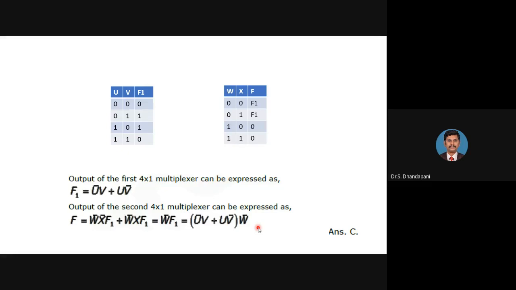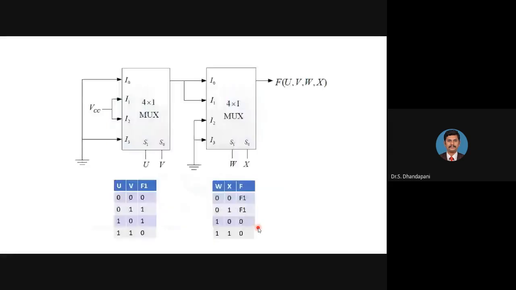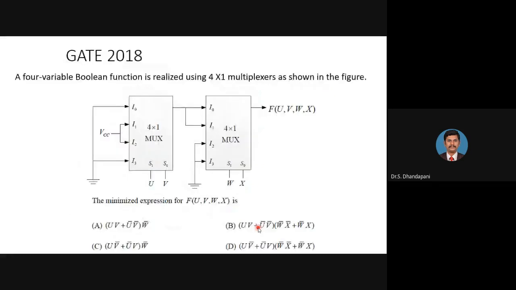So I am showing the original question once again. So this is the question available. We have found the answer of F, and we have seen that the answer F is equal to option C. So the steps are very simple. We want to find the output of the first multiplexer, based on which we find the final output. Just comparing the answer, we find the final answer is option C.